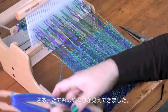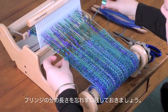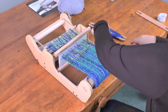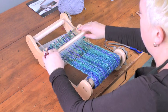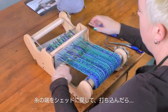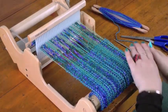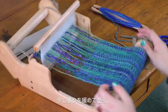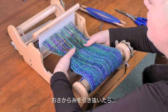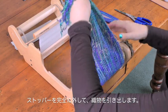So weave almost to the end of the warp, and just remember to leave enough length for your fringe. Just tuck this little tail back in. Okay, now we're ready to cut it off. Just loosen the tension. Okay, and that's it. So we'll just pull this out, release the pull,